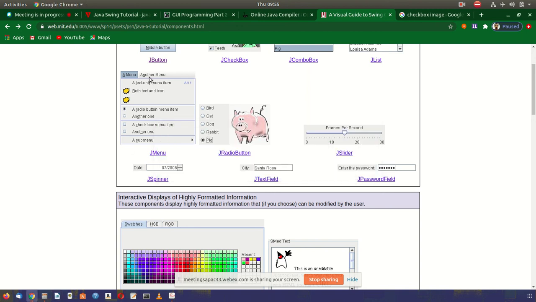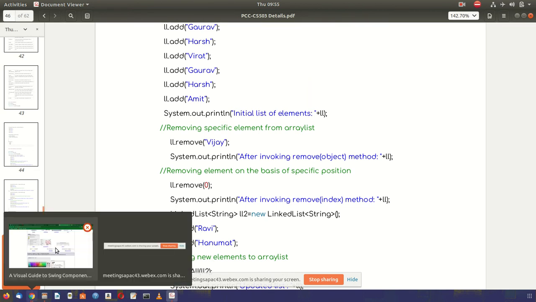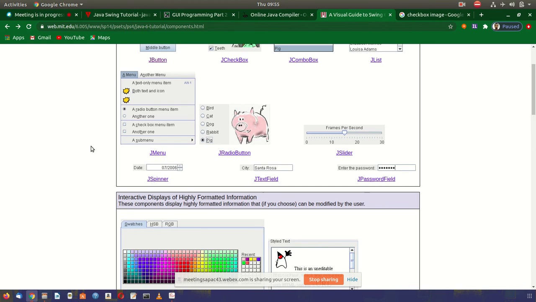So a menu contains various options from which you can choose. A menu can contain a radio button also, as you can see here. A menu can contain a sub menu also. A menu can contain a checkbox also. It's called a menu item.